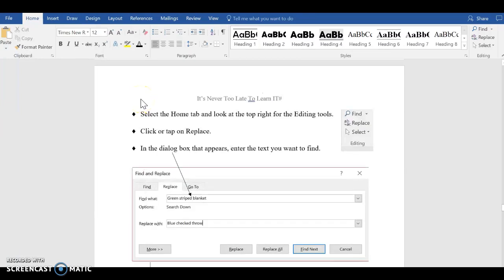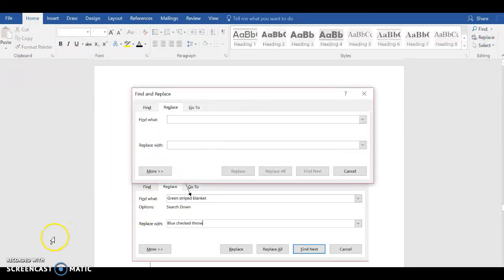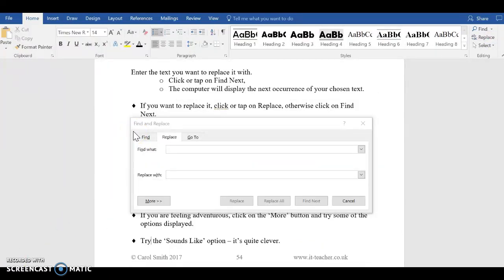To use find and replace, make sure you have the Home tab selected on your ribbon, and then at the top right look for Replace and click or tap on Replace. This will bring up the Find and Replace dialog box, and the first thing that it asks you is what is it that you want to find. So if there's a particular word or phrase that you want to find and replace, type that word or phrase in here. So as a demonstration, I'm going to type in here click or tap,